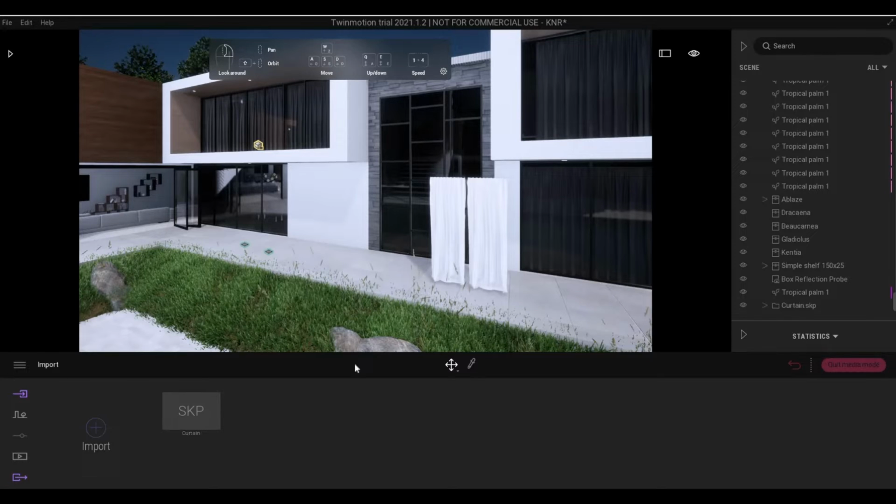So I have a situation where I imported a SketchUp block, which is this curtain. If we click it on our scene graph, as you can see, the pivot point or the point of origin is too far from the object, which will make it hard for me to rotate or to place in a specific area. So to fix this, you will need to go to